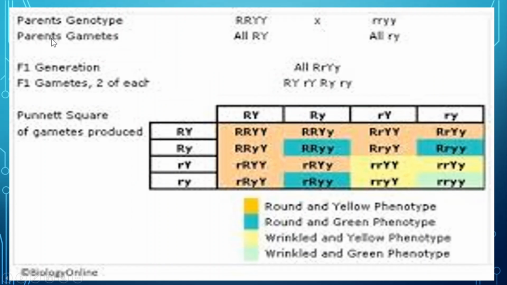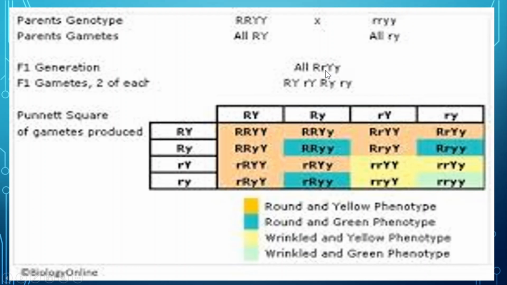In this figure we can see that Mendel has taken two pairs of characters at a time for explaining the third Mendel's law, that is the law of independent assortment. Here the shape of the seed, round, is dominant over wrinkled, and the color of the seed, yellow, is dominant over green. Now in the gamete, half the number of alleles entered, and in the F1 generation all the offspring showed the dominant character, round as well as yellow, although the recessive allele is present.